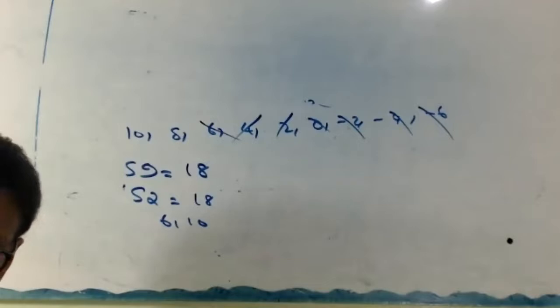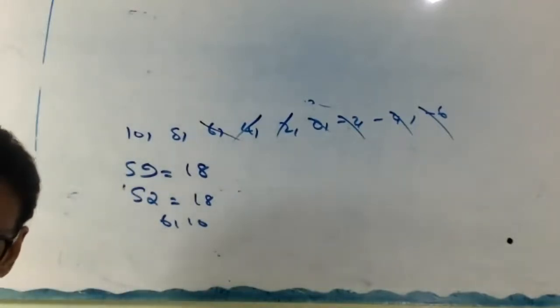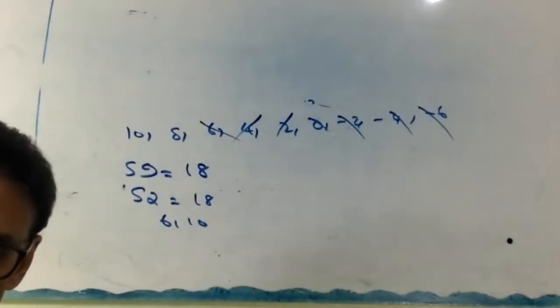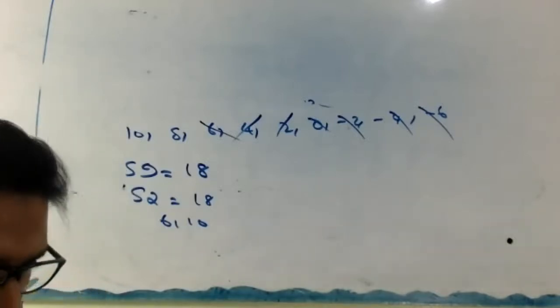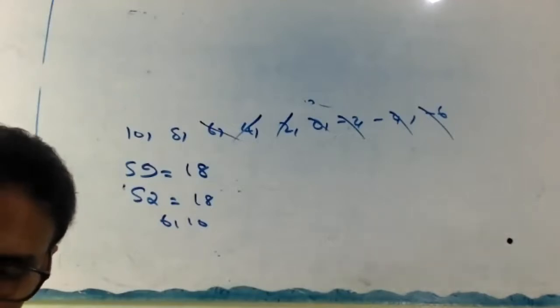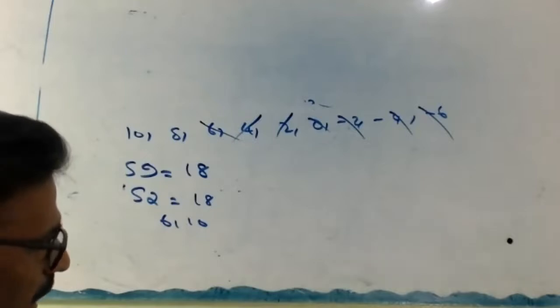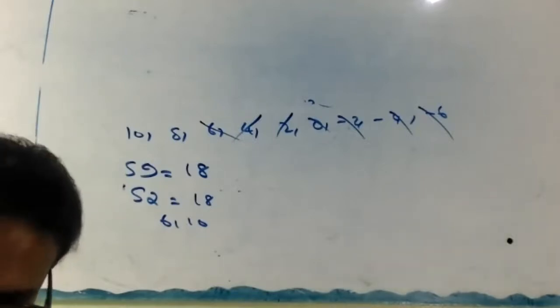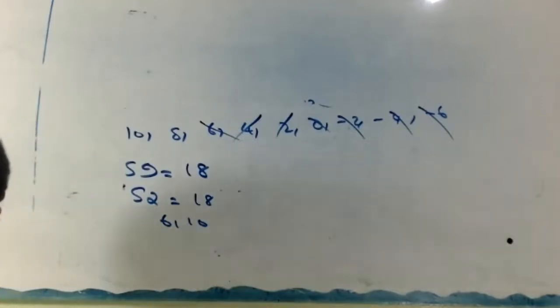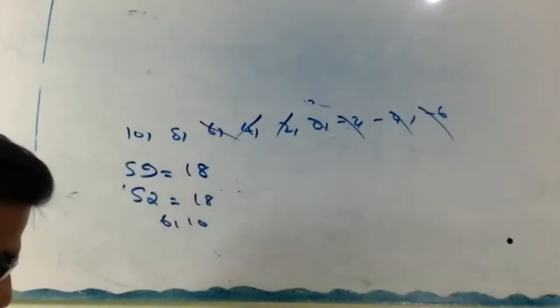Okay, clear now? No, it's not required to show. Even if you show it, it's not a zero now. The reason: since D is negative, the terms are diminishing, that means decreasing. Hence the terms after the sixth all cancel out each other. That's the reason for the double answer.